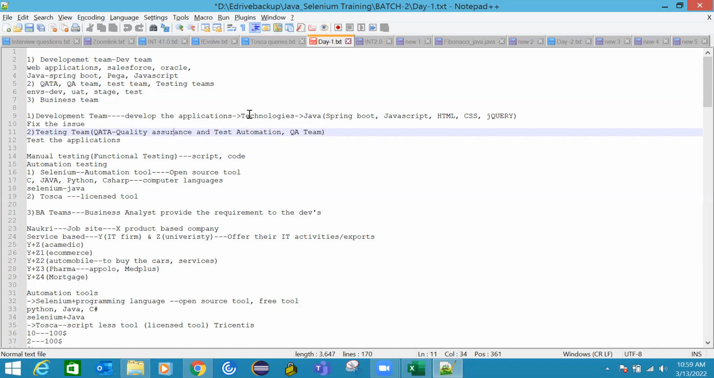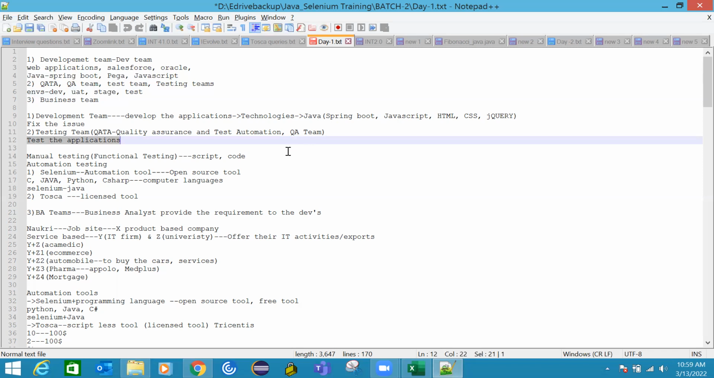The development team will develop the application using these technologies: Spring Boot, JavaScript, HTML, CSS, jQuery. Testing, what they will do, they will test the applications either manually or using automation. So they can test the application in two ways: either manually, or they can use automation scripting as well. So manual testing versus automation testing. Manual testing will not use script or code, whereas in automation testing,